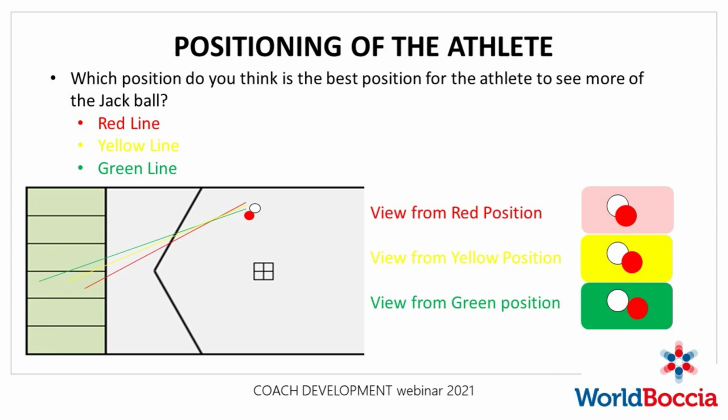So I think the element here we're looking at is the fact that we can achieve the same outcome from each position, but in terms of using more or less power, from the green position, because we can use less power to achieve that, that's probably more so the desired position. And just finally on this, the key element here is to make sure that when we're playing our shot, our ball is ending up further away from the jack ball than the opposition shot, so that we then have the next shot and can play a placement shot towards a holding position on the jack.